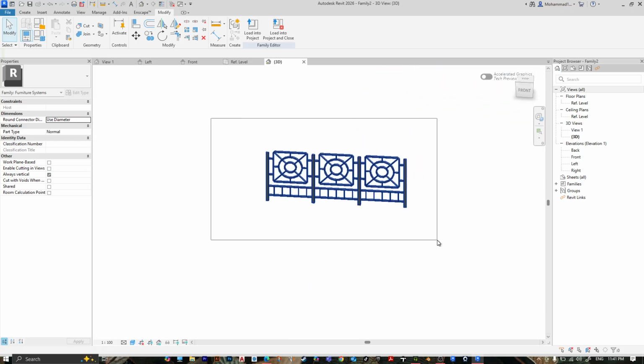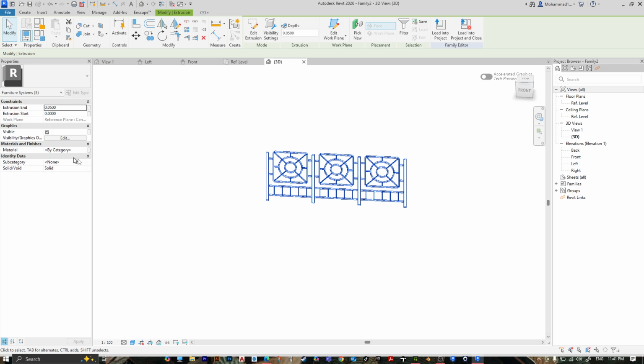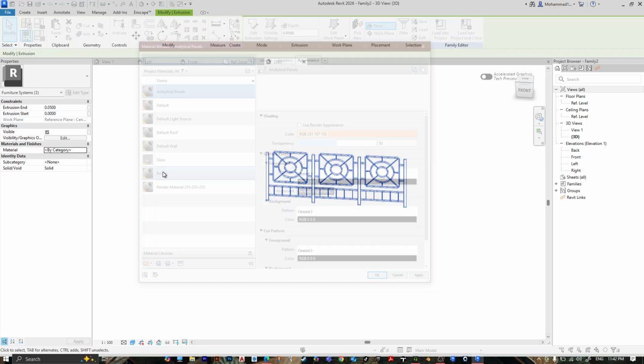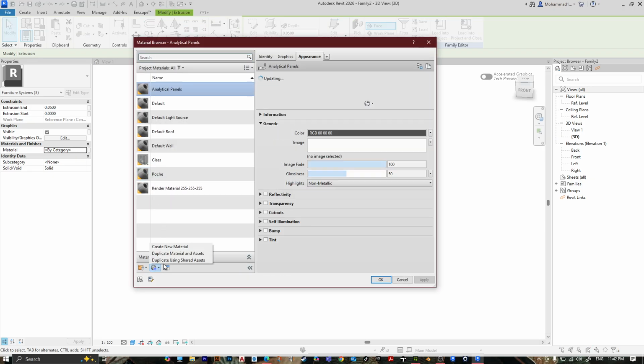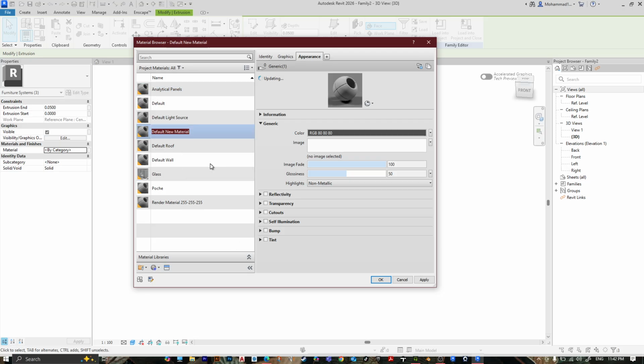And this also the same, you can select all of them, then go to materials, select and by categories. Let's make a new material, create a new material, name it whatever you want. Let's make it wood,